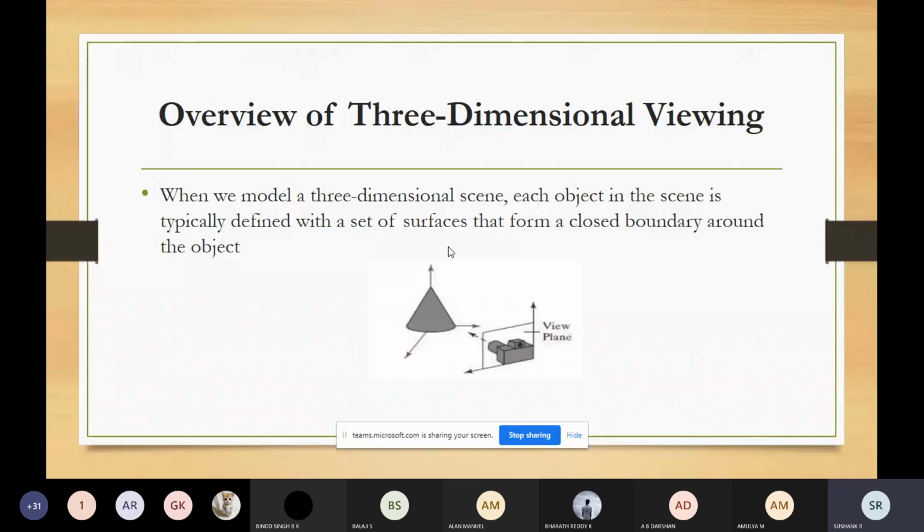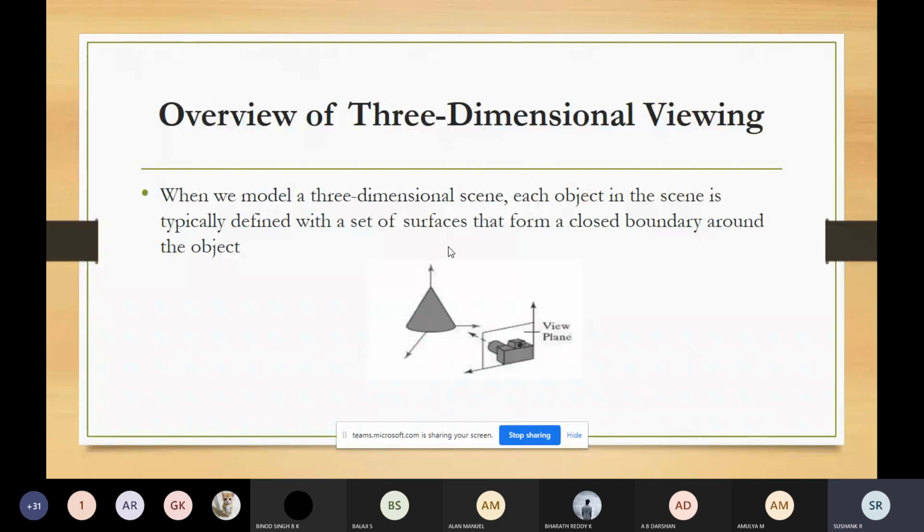And for that projection, for the transfer of that scene onto the visible planar surface to look realistic, lighting effects should be taken into consideration, and also the surface characteristics should be taken into consideration.